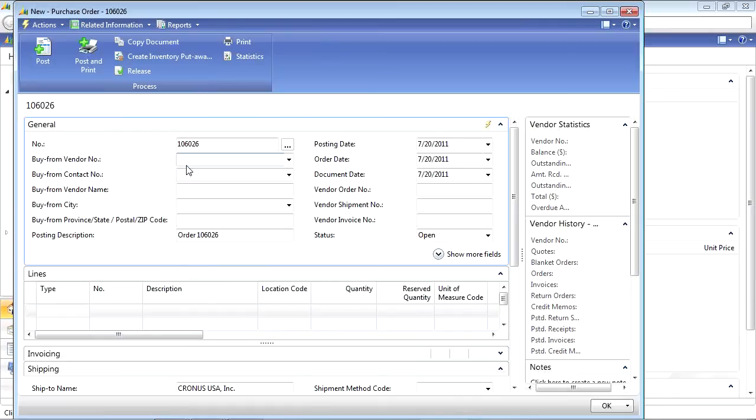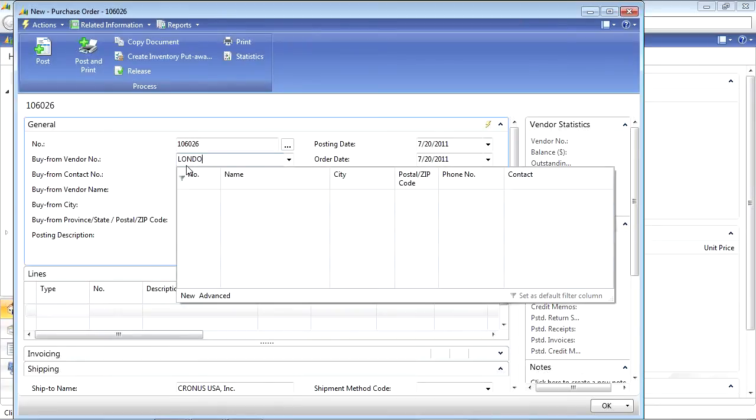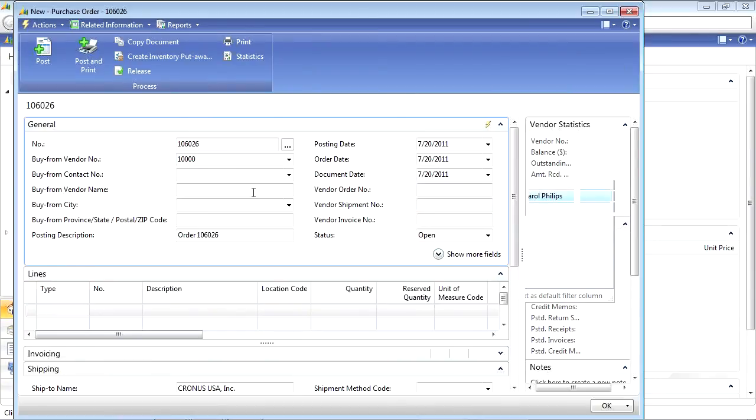Who am I buying this product from? I'll just start typing. Once you start typing data, the system automatically goes into a find feature where it searches your data. It's searching based on the number field, but I'd like to search on name. So I click name, and the system will now sort and search based on the name column for this one list. If I set that as my default, the system will remember that I always want to search based on name. So I will select that vendor,